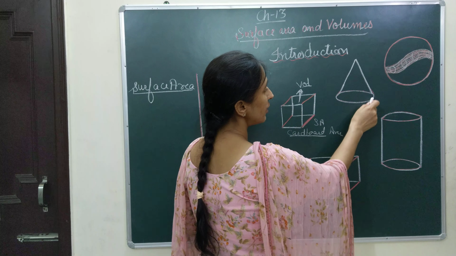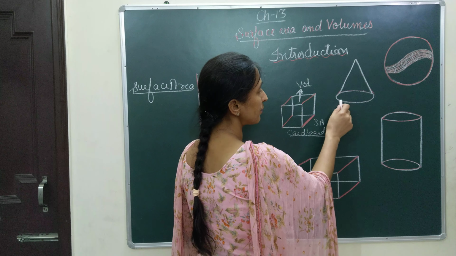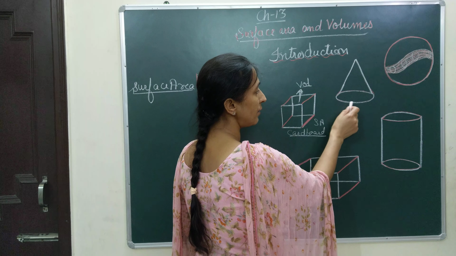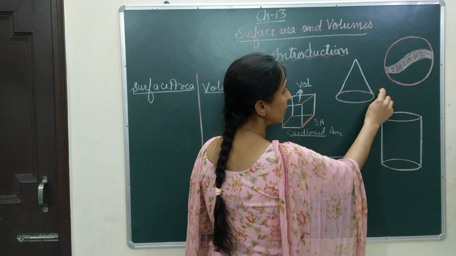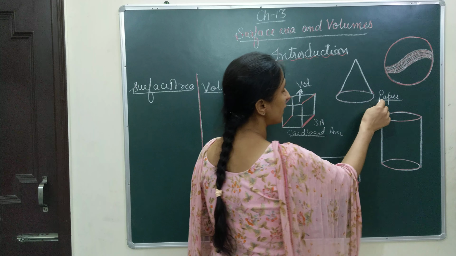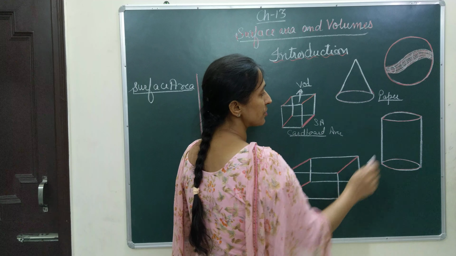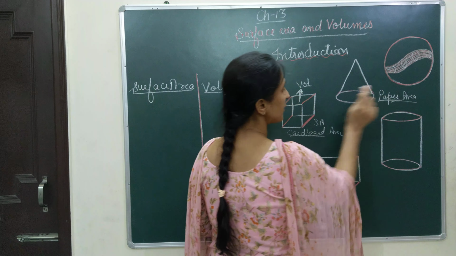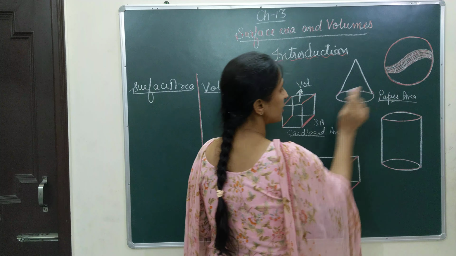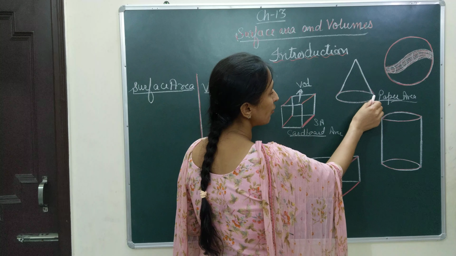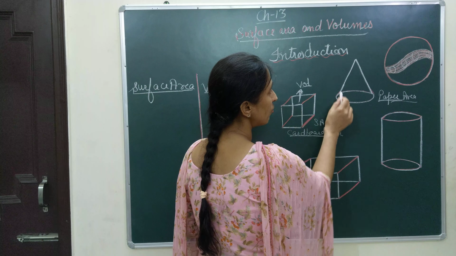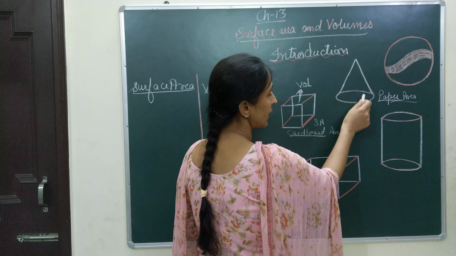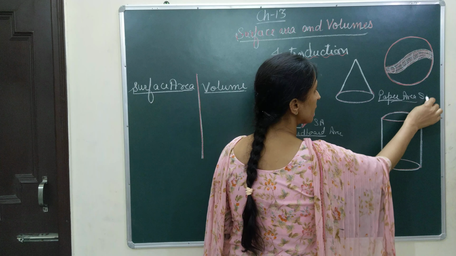Next is the topic when you are given a cone shape. Suppose it is a birthday cap and it is made by using a beautiful paper, and they are asking how much paper, the area of paper, is used in making such a birthday cap. You need to find the area of paper used here. So no doubt you are going to use the paper only on the outsides of it. You are not going to fill paper inside as someone is going to wear it. So you are using the paper only on the outsides of this birthday cap. So in that case you will be finding surface area.